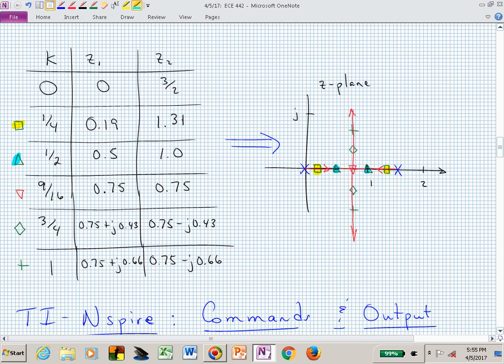So now the stability is impacted or determined by the unit circle, correct? So now what you're doing is you're virtually saying,